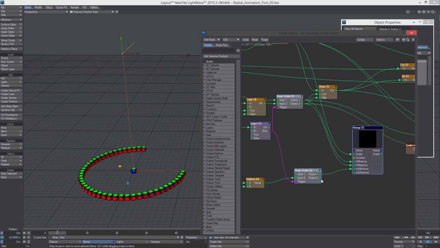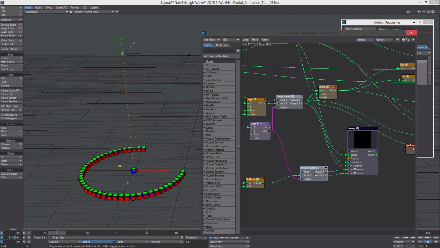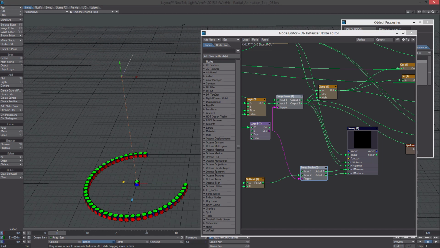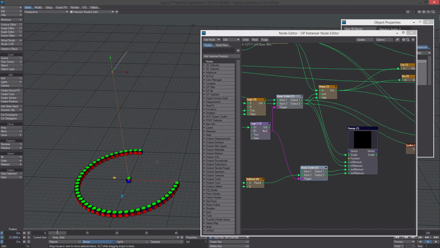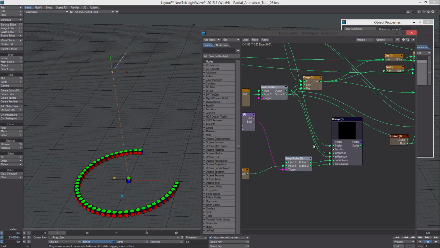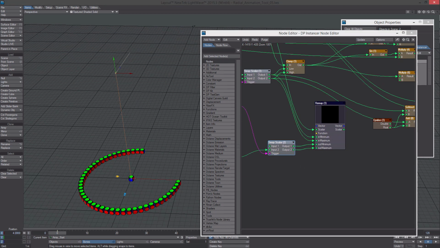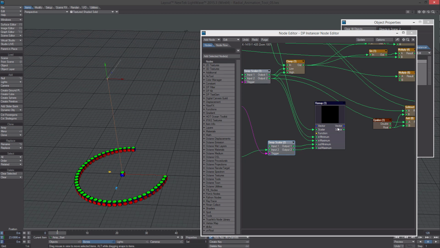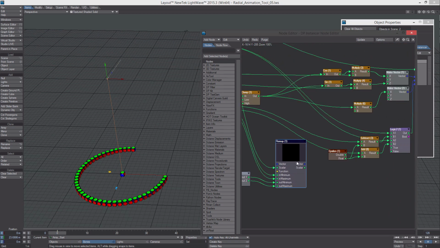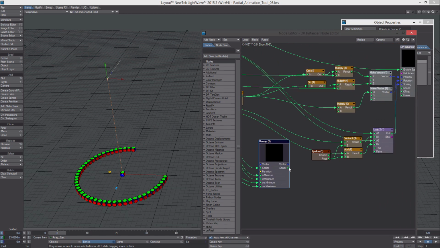So all that's doing is using theta and remapping the scale using theta, so that everything is being done in relation to the rotation angle and not the index of the instance, because that wouldn't make for good animation. So now all we've got to do is take this into the Y position here,